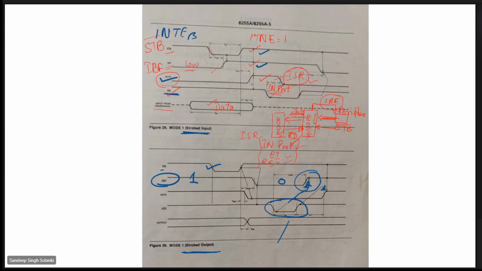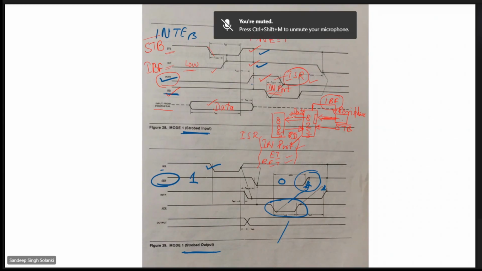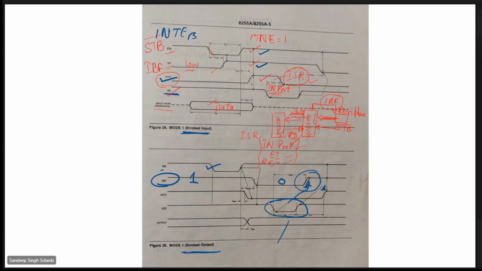Once it goes to 8255, the data which is available with this port, because you are also giving the address, the addressed port will be enabled and that data will be made available on the data line of 8085. With that the data has been read out. Or I can just show you here one of the blocks, in which you can write that from here the data goes from 8255 to 8085. During this time.